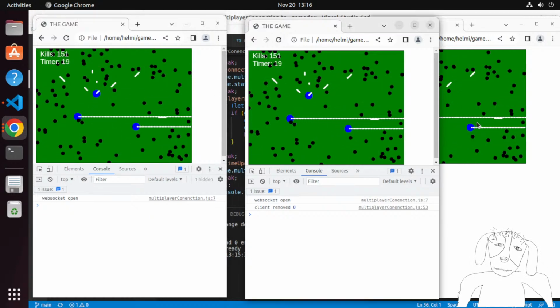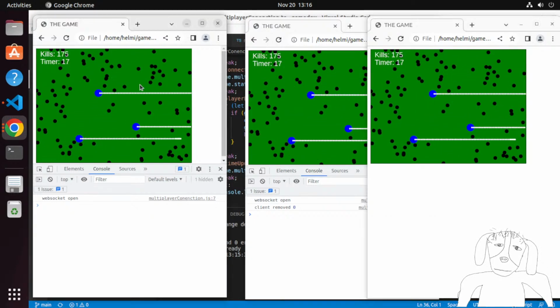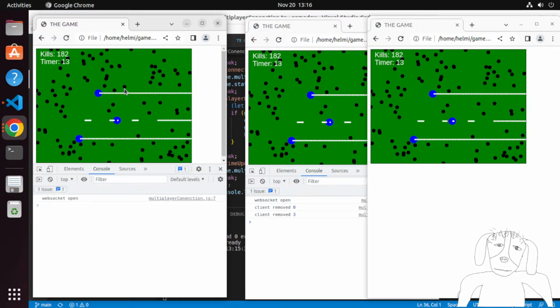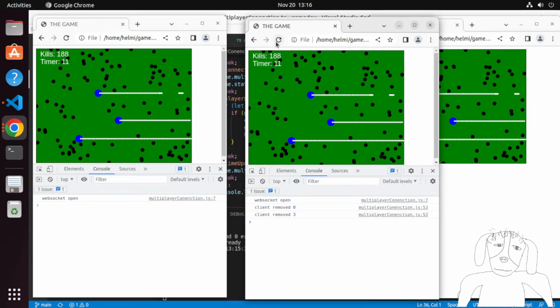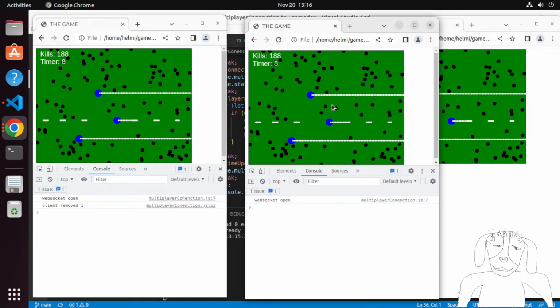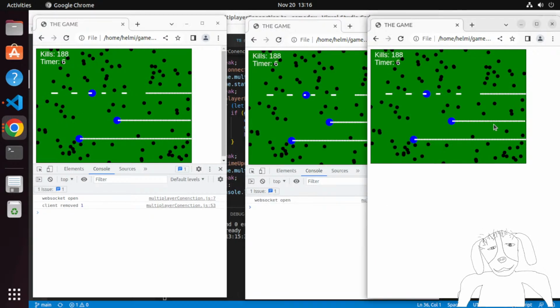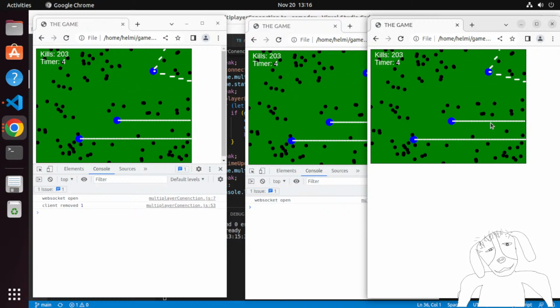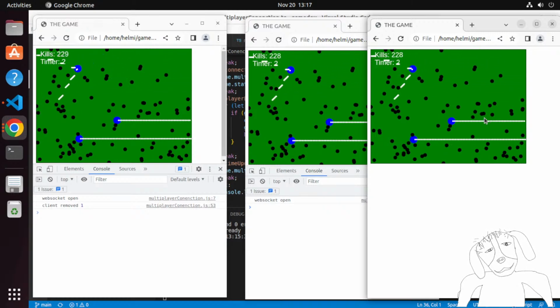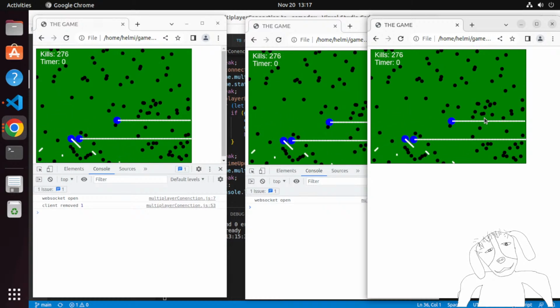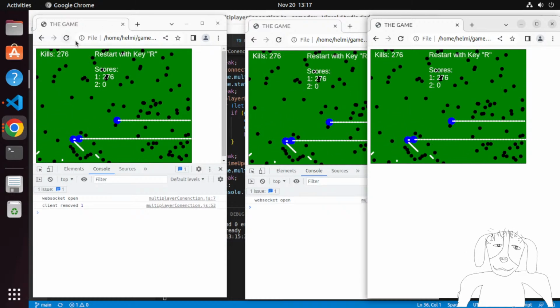I disconnect. Currently I'm the one in the middle. I connect. Currently I'm the one at the top. This changes who controls which. Okay. I understand why it happens, but